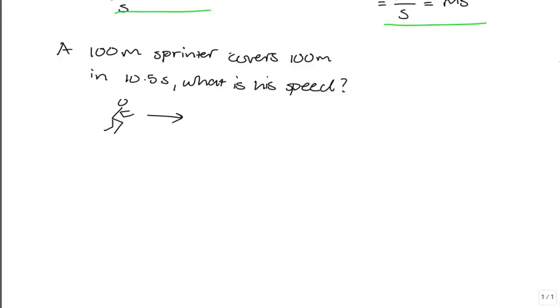Now, of course, the first thing that might jump out to you from that question is that 10.5 seconds is a lot of time, because we have some really fast people in athletics nowadays. But that aside, there's some other things I want you to circle in this question and pay careful note to. The first thing is they give you the distance that he covers, 100 meters. They also give you the time taken, just 10.5 seconds. So in starting a question like this, make a note of the distance